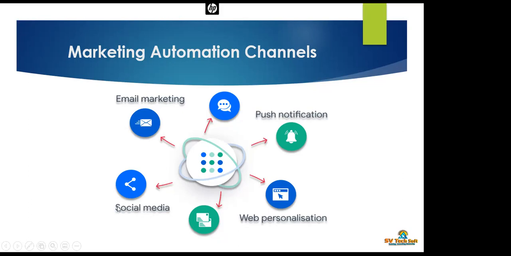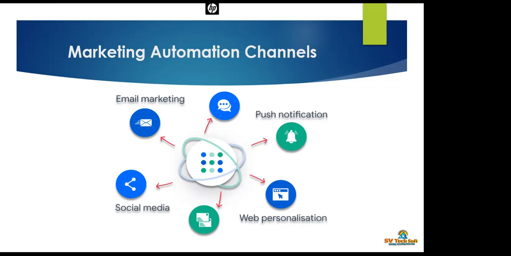For example, if I as a customer went and posted something about a particular brand, there has to be an automation set up. Immediately, at least a thank you message should be displayed to that customer, whether the feedback I have shared is good or bad. So with marketing automation, the system will be able to listen to the event that occurred on social media websites and can take next best actions.